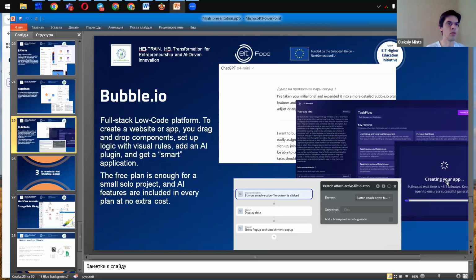Then I put this prompt in the Bubble.io application in the AI assistant, and in 7 or 8 minutes it generates an application. This application did not work perfectly, but it can be improved, and it's much easier than creating it from scratch.